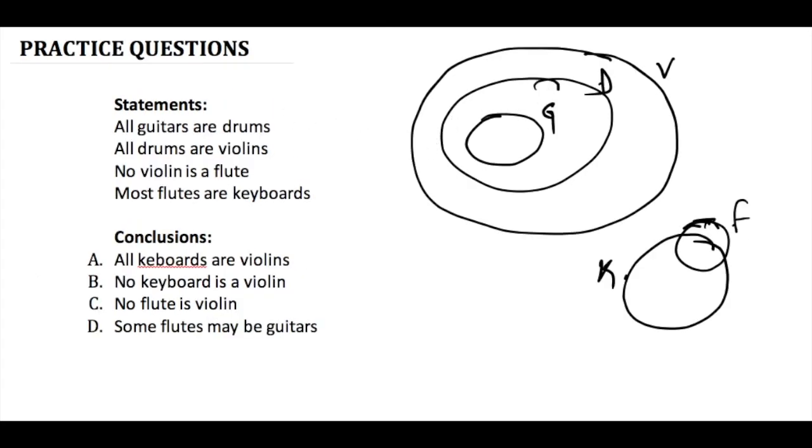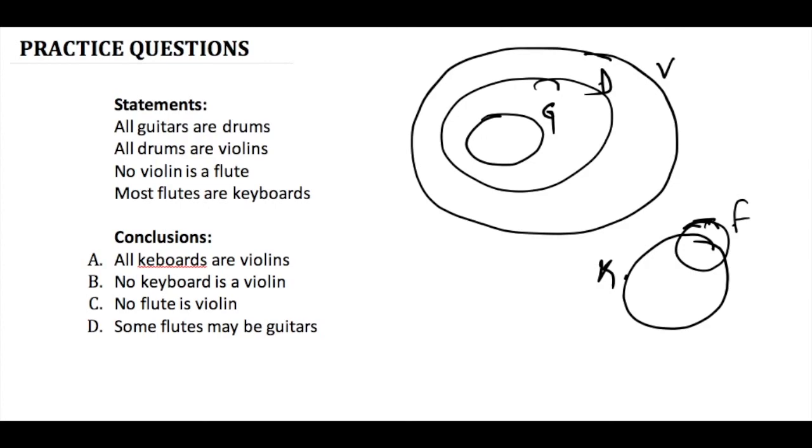इसमें भी 4 स्टेटमेंट्स दी गई हैं और 4 कंक्लूजन्स दिए गए हैं और हमको बताना है कौन सा कंक्लूजन सही है, कौन सा गलत है। ये समझना इंपॉर्टेंट है, दोबारा कह रहा हूँ मैं कि हर कंक्लूजन को गलत प्रूव करना है। जो भी कंक्लूजन गलत प्रूव हम नहीं कर पाते हैं वो सही हो जाता है। एक बार डायग्राम को समझ लेते हैं। ऑल गिटार्स आर ड्रम्स, ये सारे गिटार्स दिए हुए हैं। जीज एंड ऑल जीज आर ड्रम्स मतलब जीज बिकम अ सबसेट ऑफ ड्रम्स। ऑल ड्रम्स आर वायलिन्स, all drums are violins, so D becomes a subset of